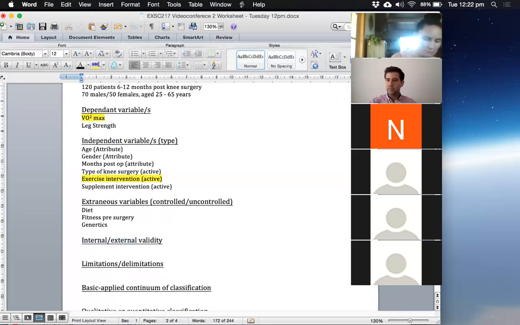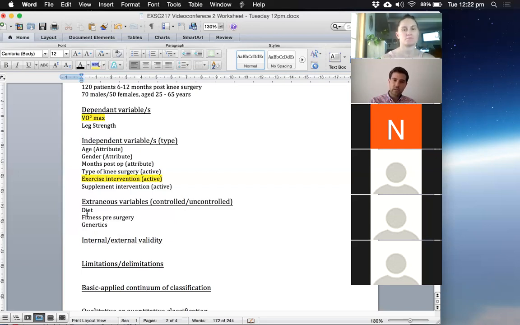And so with exercise intervention specifically, we know that people respond to exercise differently. We have some people who respond to the stimulus of exercise very acutely and to a much greater extent than others. We have some people out there who just don't respond to exercise. We call them exercise non-responders. So that stimulus doesn't work in the same way as it does for others typically in the population, and they don't see the anabolic effects or improvements from an exercise stimulus. So all of those things will influence our dependent variable. That's not our independent variable.